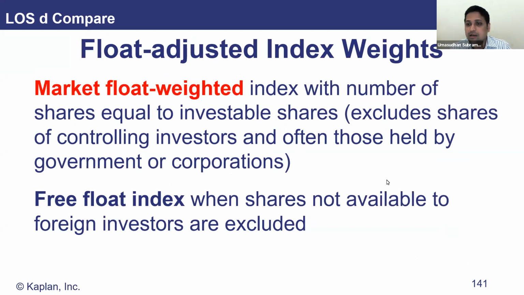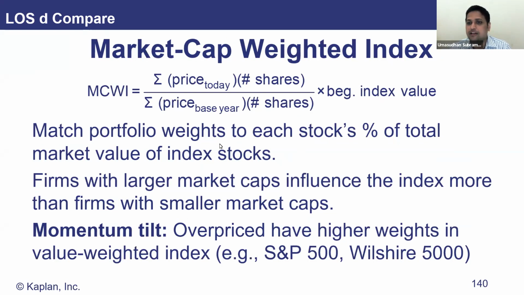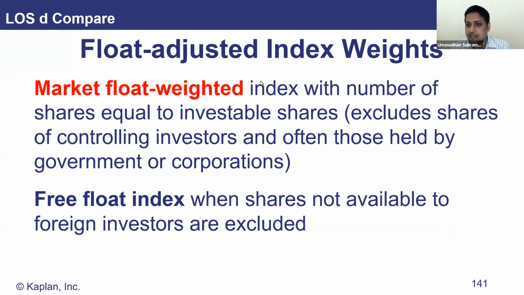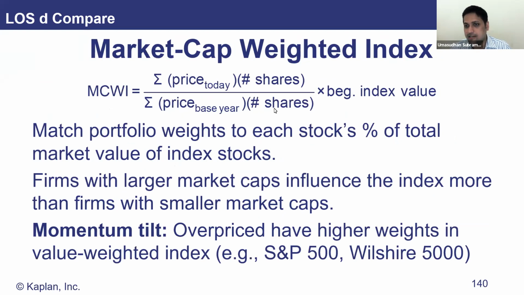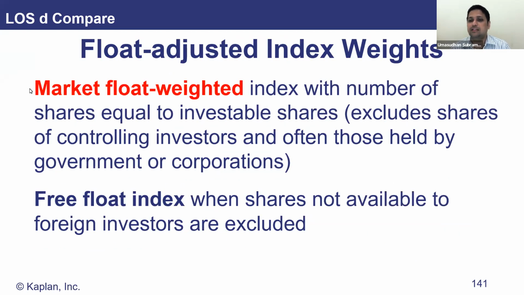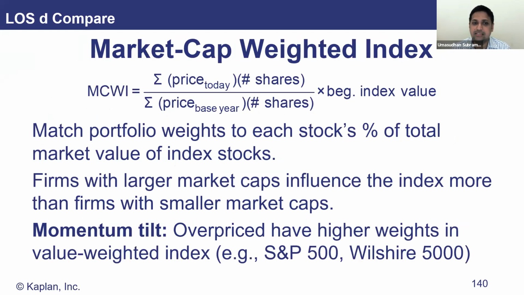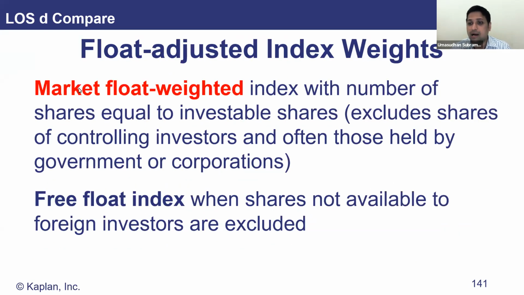Now remember, this is very important. You don't get mixed up. Market cap weighted index and float adjusted index weights are both derived from the market cap weighted index. In other words, the market float weighted index is a derivation from the market cap weighted index. It is not an altogether different index methodology. It is the same as market cap. The constituents of the index are weighted based on the market cap, but you need to make some adjustments. What adjustment? You are going to make a